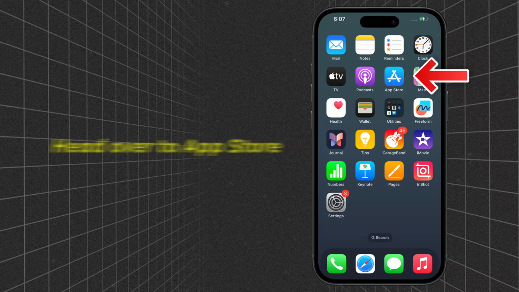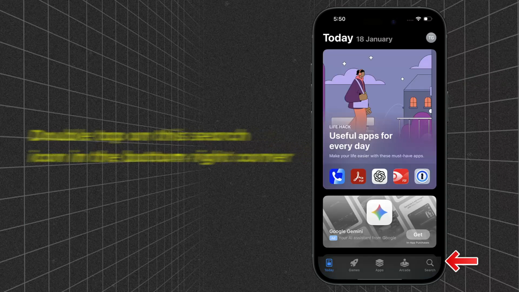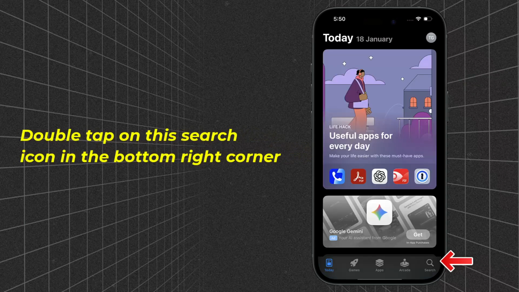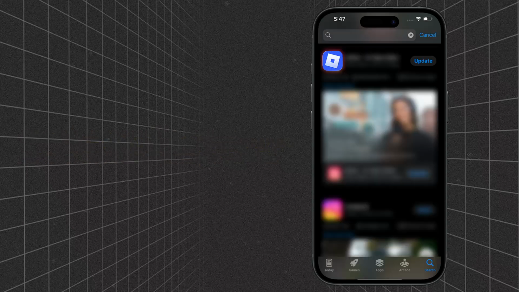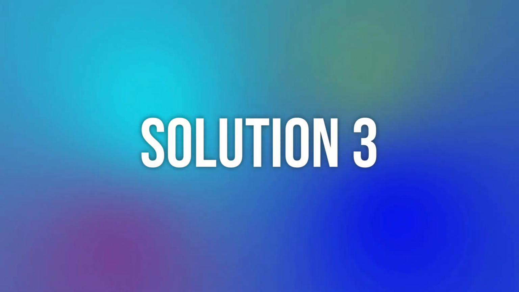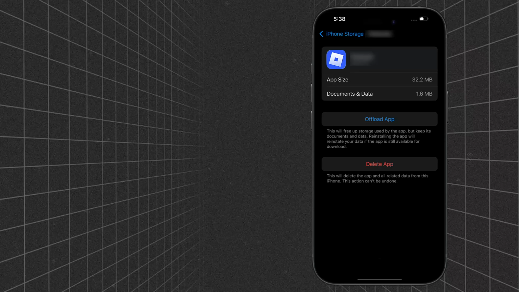older version. Head over to the App Store. From here, double tap on this search icon in the bottom right corner, and then search for the app. Once the app comes up in the search result, and if you see this update button right next to the app, simply tap on it to make sure you're running the latest version of the app. However, if you continue to encounter this issue, then you will need to completely reinstall the app, which usually resolves